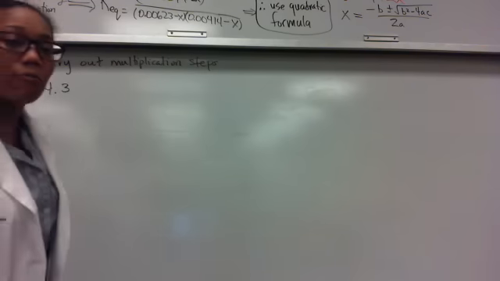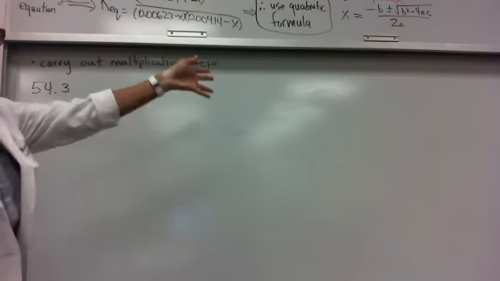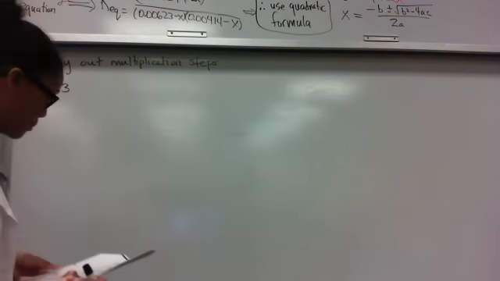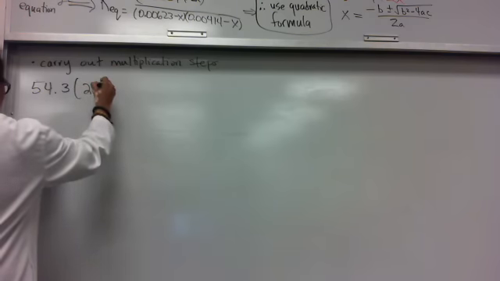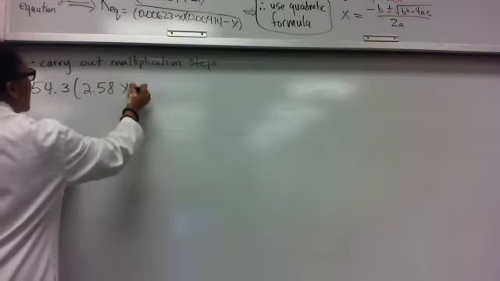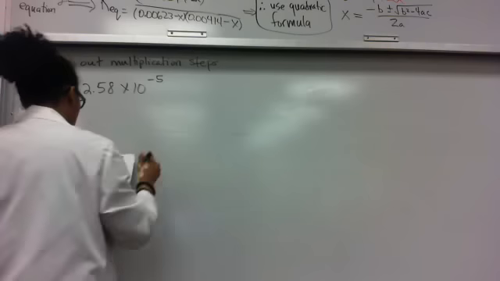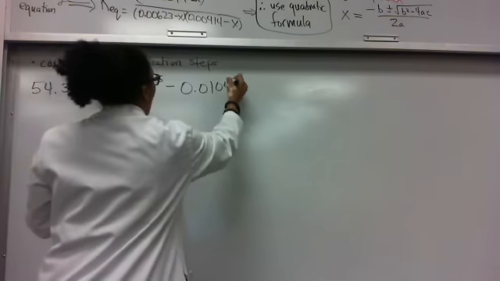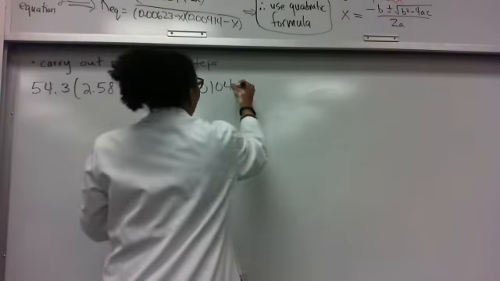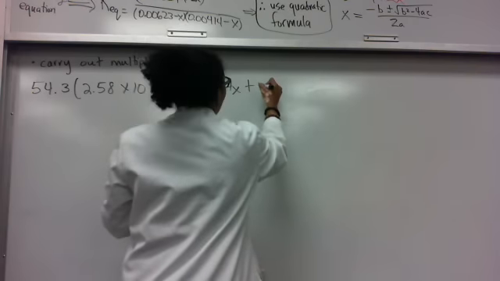54.3, where does that come from? That's your K value that was given to you, okay? That's where that comes from. Times 2.58 times 10 to the negative 5 minus 0.0104x plus x squared